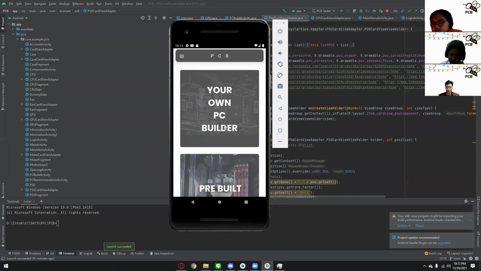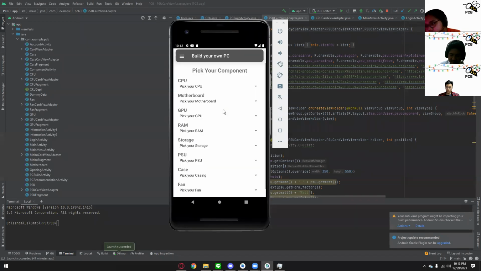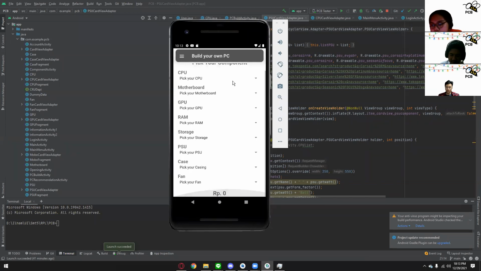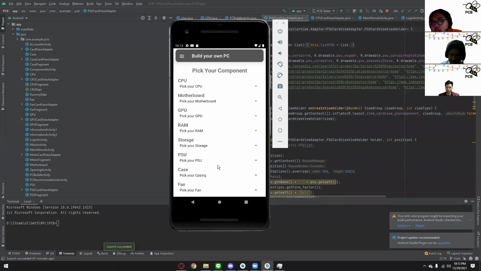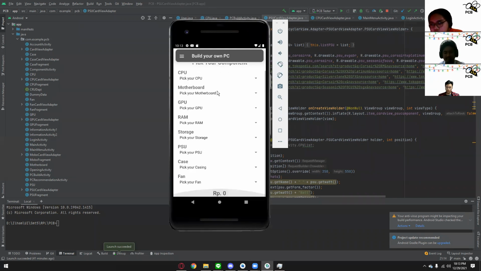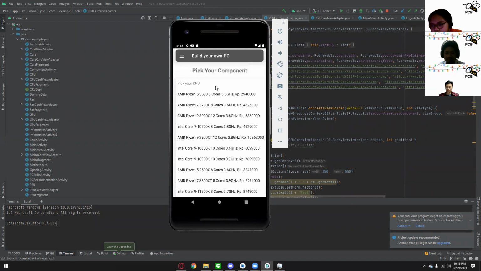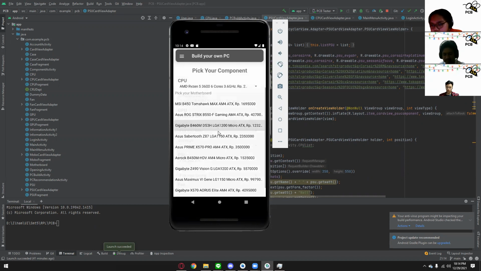Okay, the first one that we will go to is your own PC builder. In here, user can pick their own component, and the application will sum up the price of the component. I'm going to pick the CPU and then the motherboard.